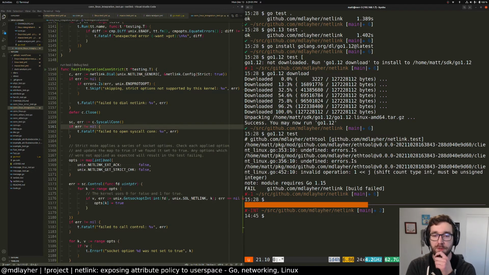Module requires Go 1.50. Oh, interesting. So the ETH tool module in particular uses a shift of assigned integer. Huh. Client Linux 4.52. I know that's a fairly recent thing,